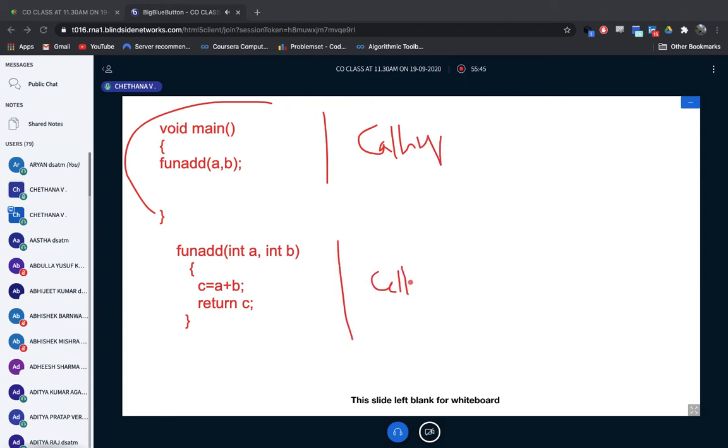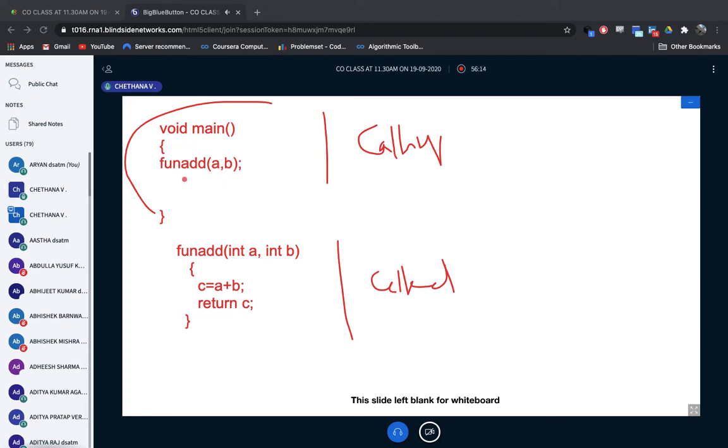This has now been called by main. After the addition has happened, I'm going to send the result back. That is a subroutine. So subroutines mean the main will allocate subtasks to subroutines.